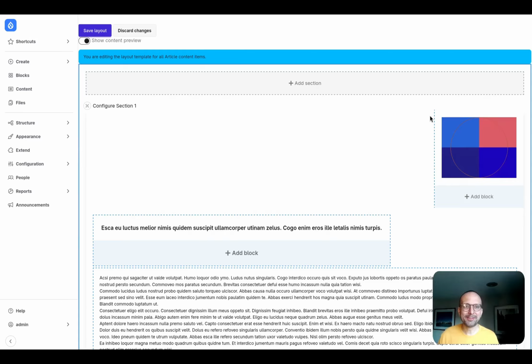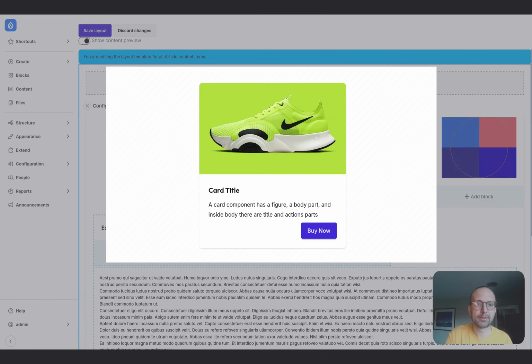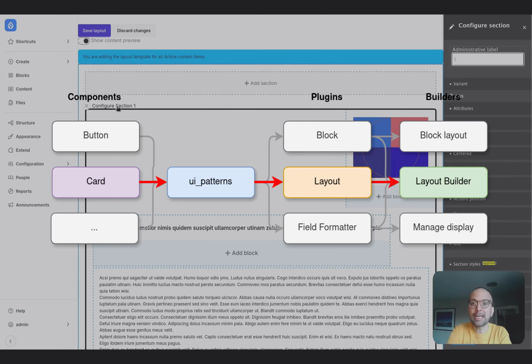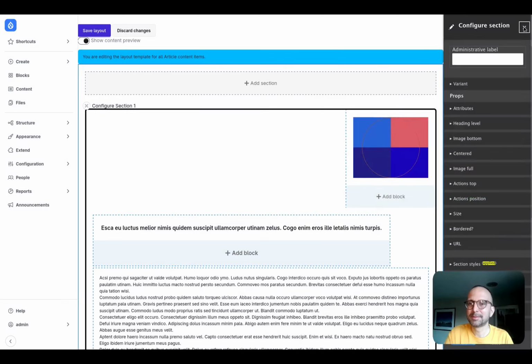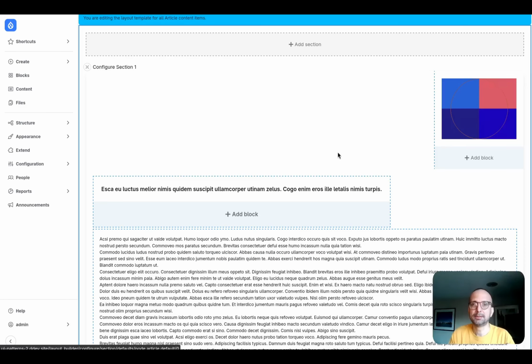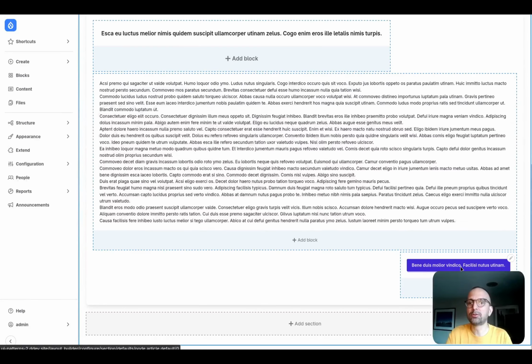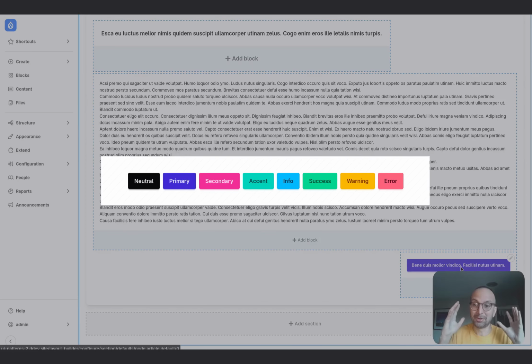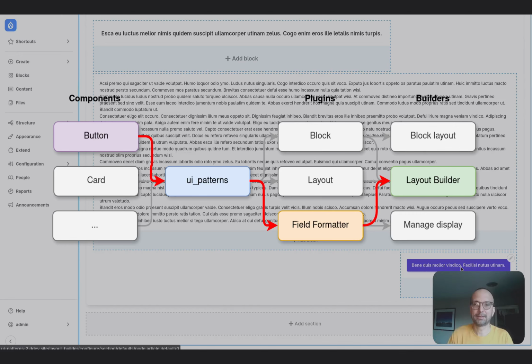Ta-da! Beautiful, isn't it? So we built everything with Layout Builder and UI Patterns using the Daisy UI card component as the layout of the display. We put the fields of the article into the slots, and we use the Daisy UI button component for the tags.